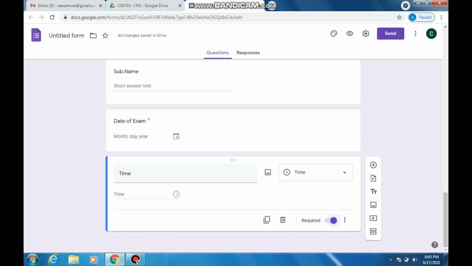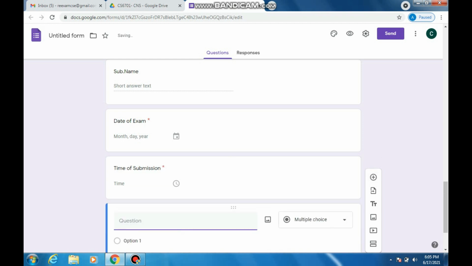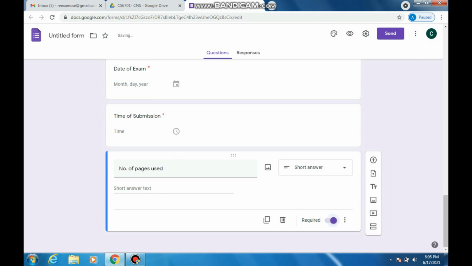Okay, so date and time of submission, okay, then number of pages used. We can have a field, that is again a required field.